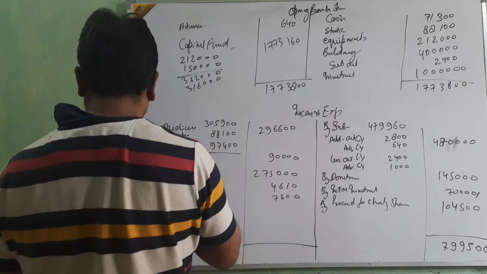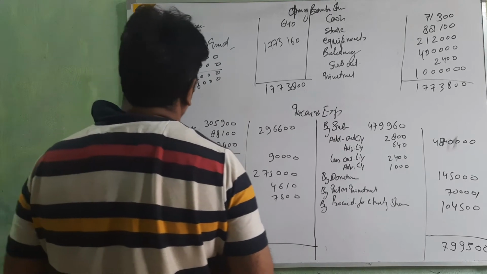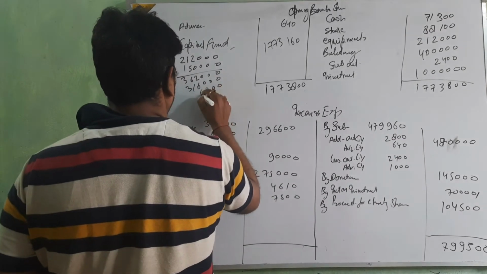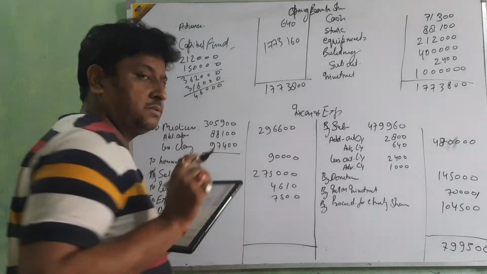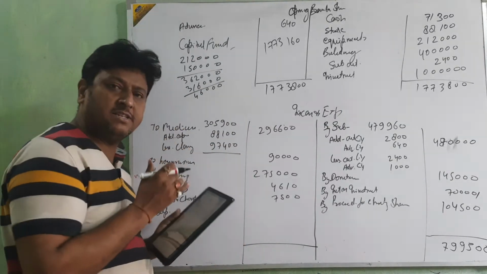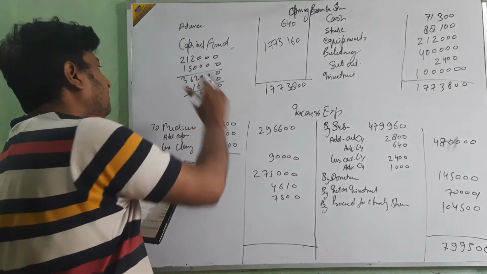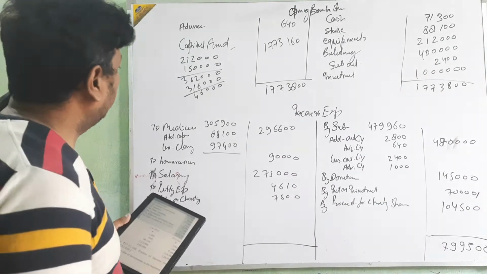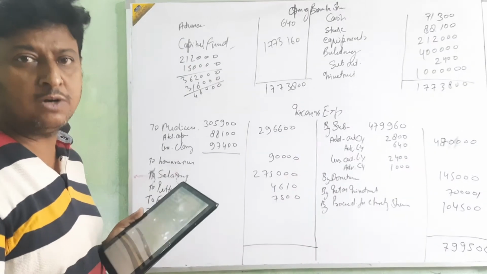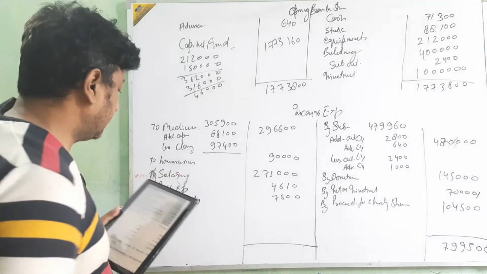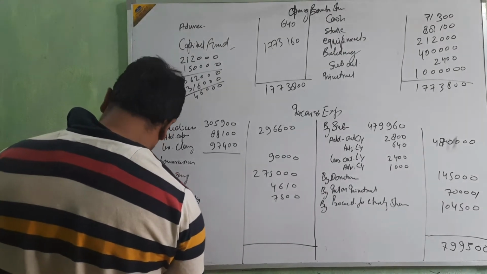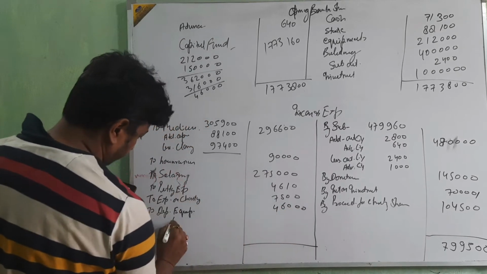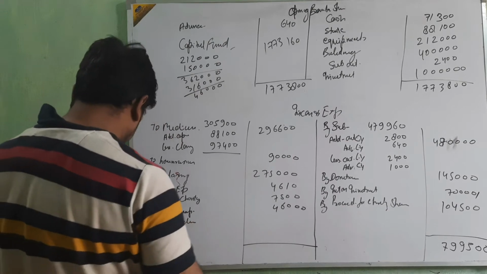Okay beta, we have only 316. It means we have charged depreciation, because that is the difference. The value of the equipment should be 3,62,000, but here we have only 3,16,000. So that difference amount is the depreciation of equipment, 46,000. And then the building. Building is very easy, 4 lakh.